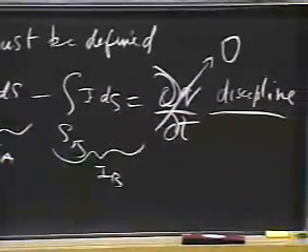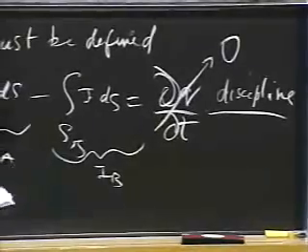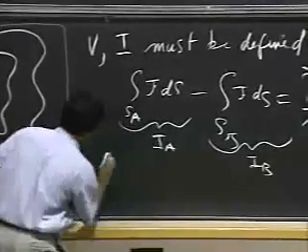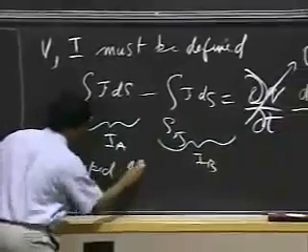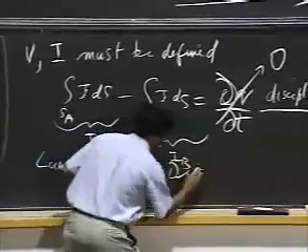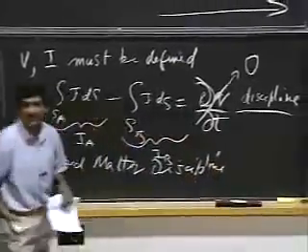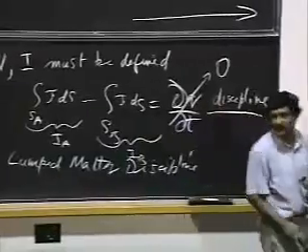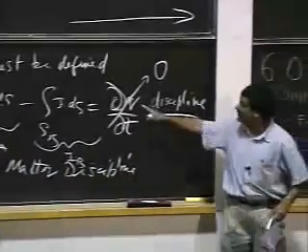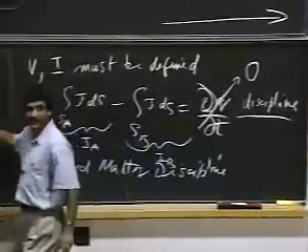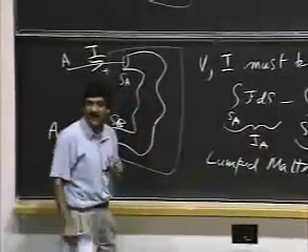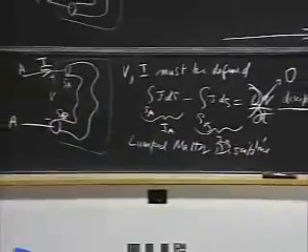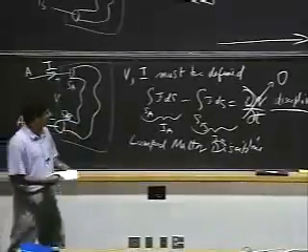So what I've said is I'm making a simplification here, and this is one of the simplifications I'm making, and I give a name to the simplification, and that's called the lumped matter discipline. Okay? So I'm saying I'm only going to deal with elements for which if I put a black box around it, this is going to be true. And when this is going to be true, then notice there is no charge buildup. Current in must equal current out. Aha! So this becomes IA, this becomes IB, yes. Okay? I can now deal with IAs and IBs. And IA and IB are equal because this is 0.